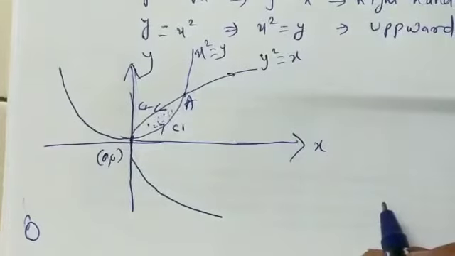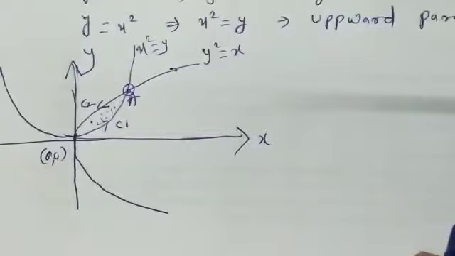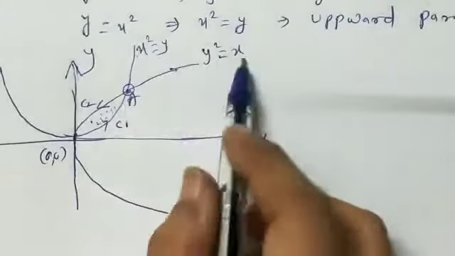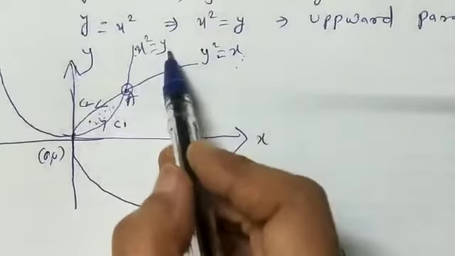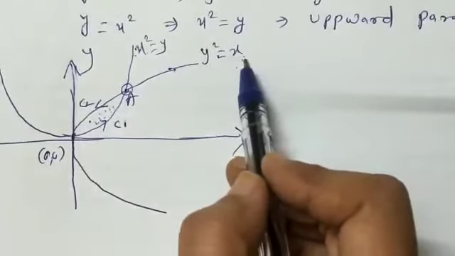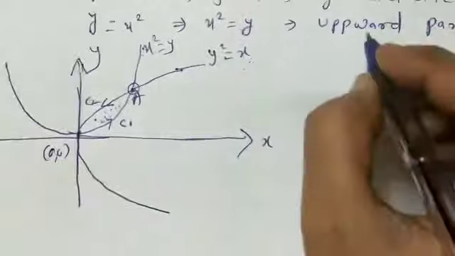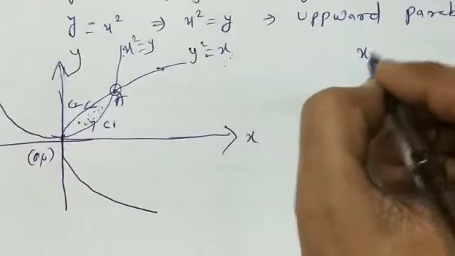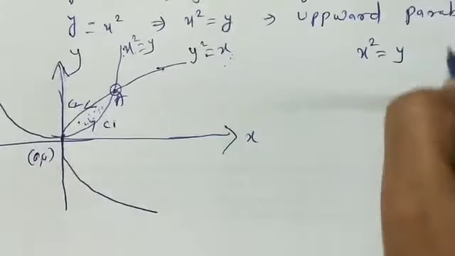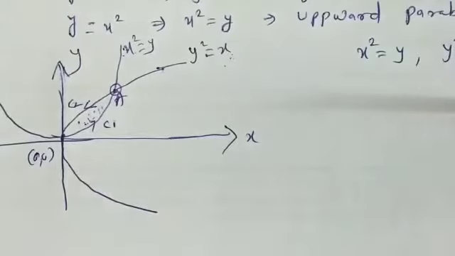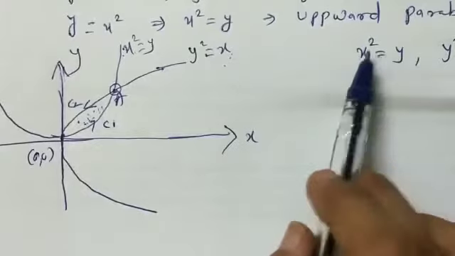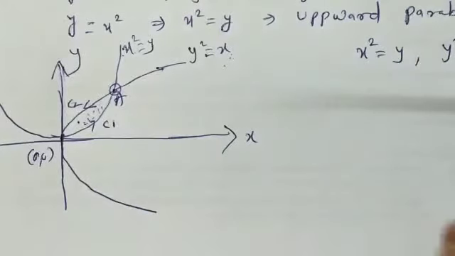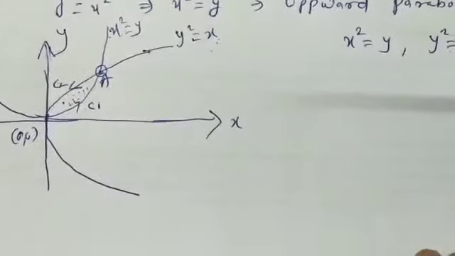Now you need to find out the point of intersection. To find out this point of intersection, you have to solve these two equations simultaneously, right? You know how to solve these equations simultaneously. x² = y and y² = x. So what do we do here? There are two equations, right? So either put the value of y from here to here or the value of x from here to here. So a single equation you have to form in terms of either x or y.